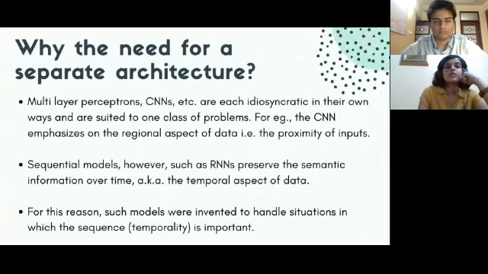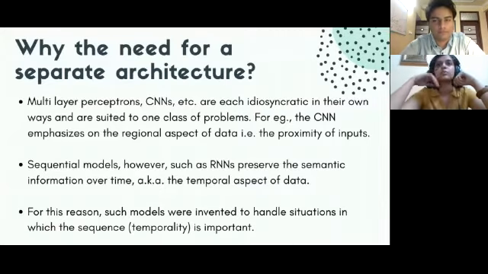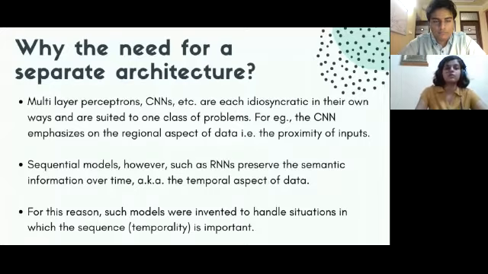Obviously they can do this, but they give no importance to something called the temporal aspect of data, or the sequence that we talked about in the first slide. And even when you take multi-layer perceptrons or simple artificial neural networks into consideration, they are also really adept at working with numerical data. But when it comes to focusing on the order that the data is being fed in, you'll have to add some kind of different or unique mechanism to deal with this order. So let's move on to the next slide.